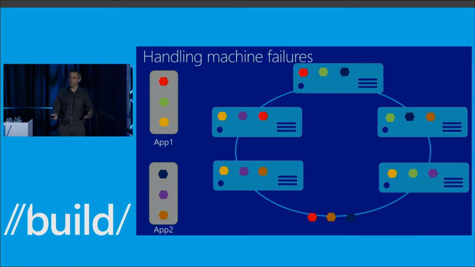Well, if that's the case, we simply understand exactly what was running there. We knew exactly the microservices that were there, and we simply look at how we redistribute them around the remaining set of machines inside the cluster, and as far as you're concerned, all of this transparent failover makes sure that you have constant high availability and resilience in your service. This is how we build large-scale, mission-critical services that we run on, like SQL Azure databases, DocumentDB, Event Hubs, Intune.